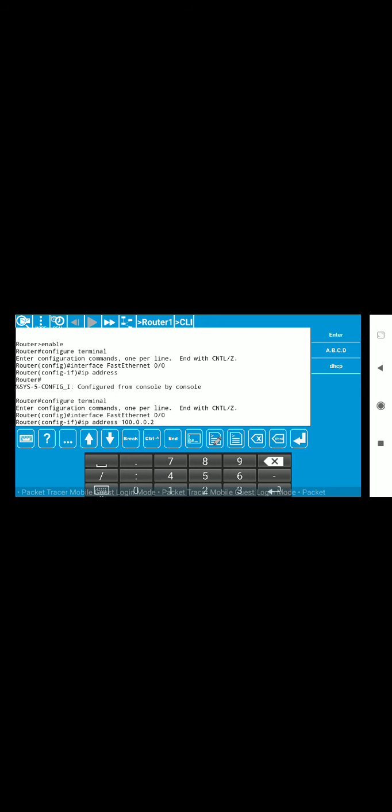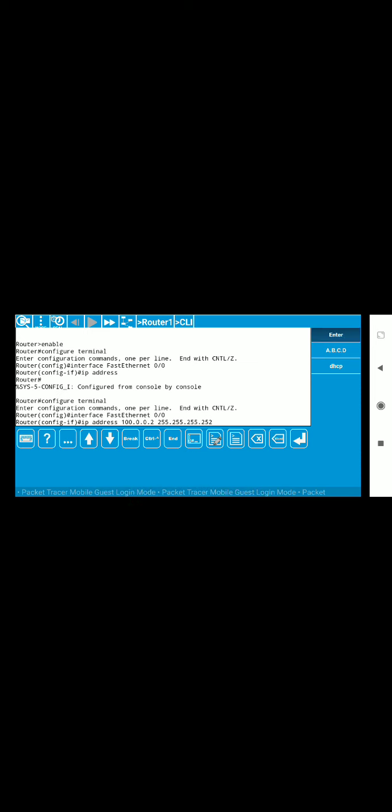This is the IP address, and here we are using the subnet mask 255.255.255.252, because we are using /30 notation for the 100 network.